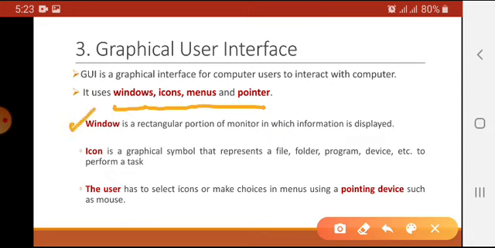What is a window? A window is basically a rectangular portion on screen which is displayed for information. For example, whenever you open a program or open a document, it is opened in a rectangular screen which is known as the window.